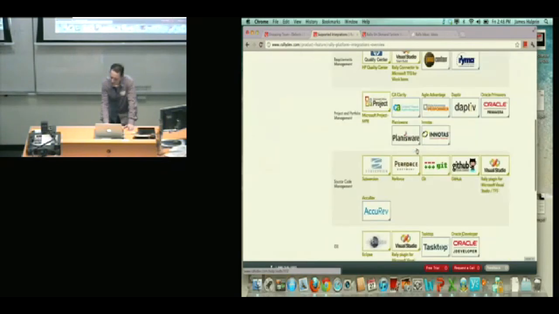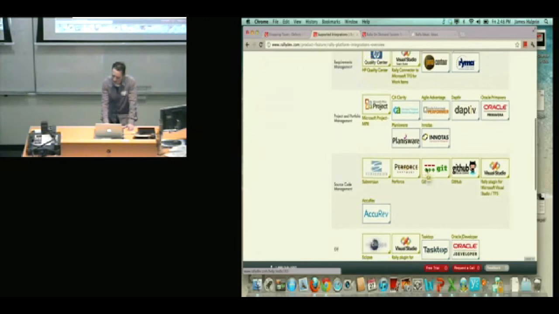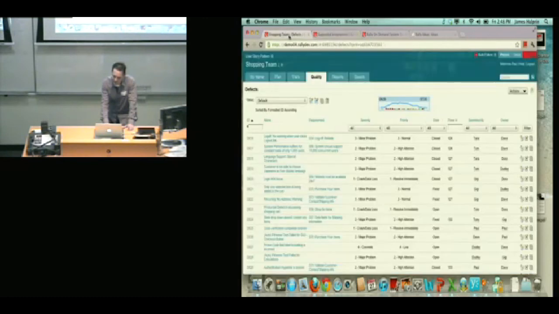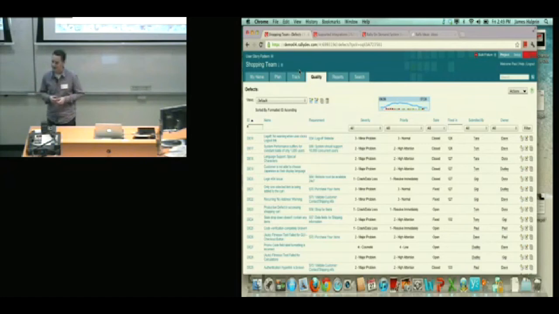If you use a tool that is not seen on these out-of-the-box integrations, then you can actually write your own integration fairly easily, depending on the tool that you're working with. Likewise, the platform itself is very customizable. Although previously I showed you a series of out-of-the-box apps, that's just what we currently offer. There's quite a vibrant community of people who customize their own apps to do all sorts of things. There's no limit, whether it's reporting or you name it. Imagination's the limit. We've got our own app SDK out there.